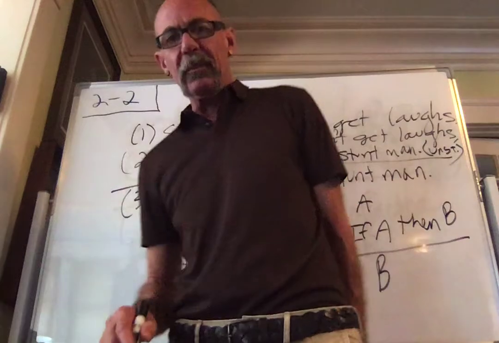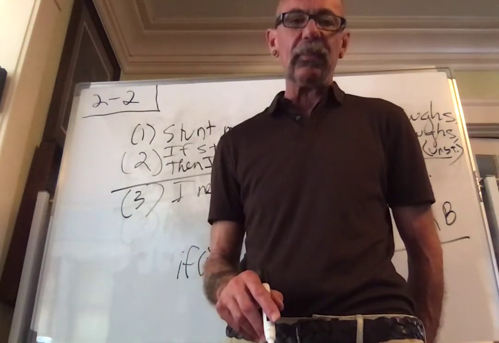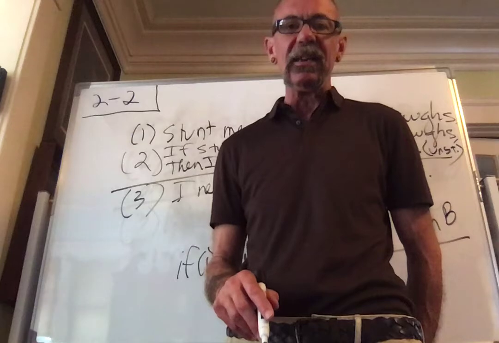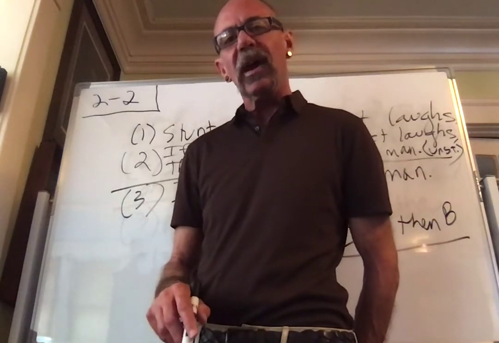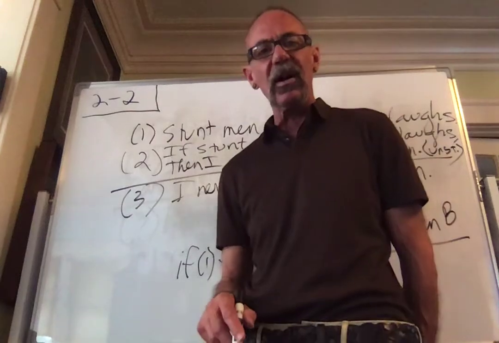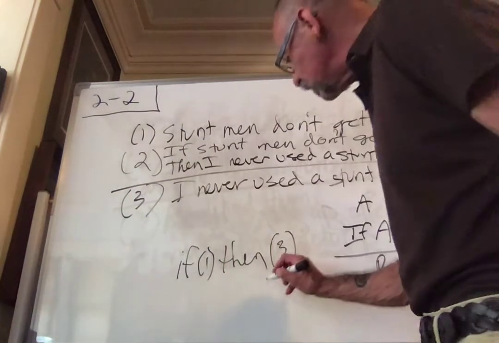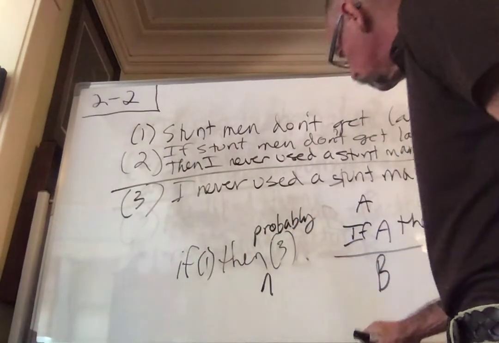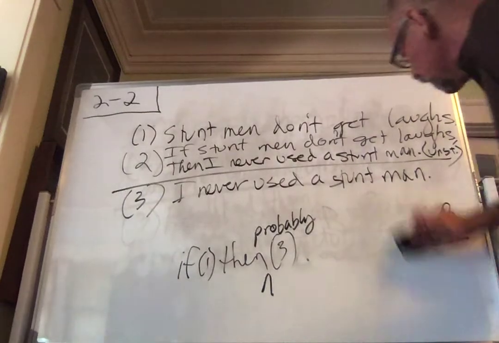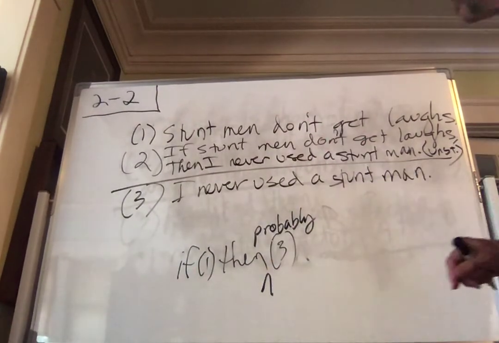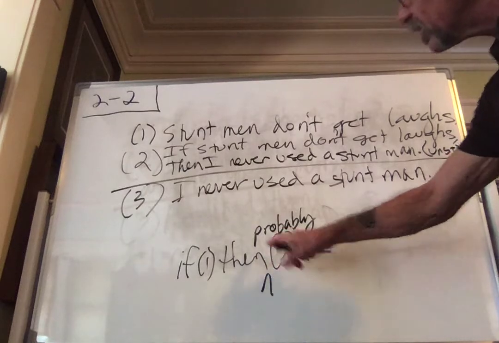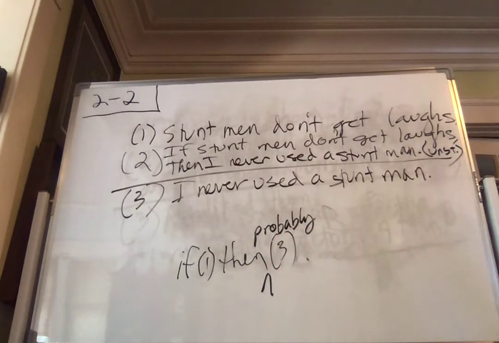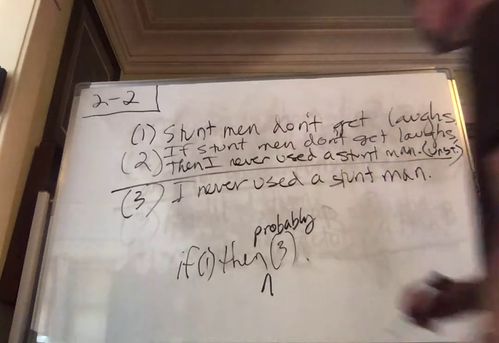Now, let's stick with the same argument, that is, in terms of its stated parts, but consider it instead to be inductive. And we're only going to have to make one tiny little modification so that we end up with a strong rather than a valid argument. That is, add the word "probably" someplace after "then" in the unstated premise. It doesn't have to be immediately after the word "then," but somewhere after it where it sounds good or makes sense. So how about this? If stuntmen don't get laughs, then I probably